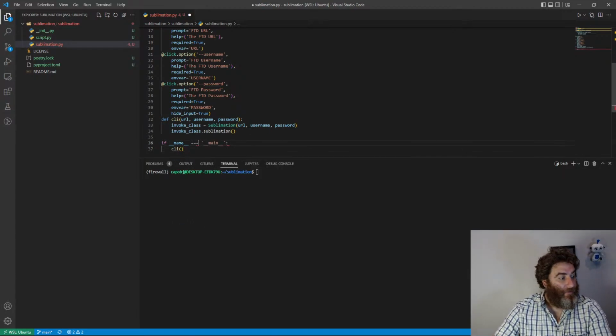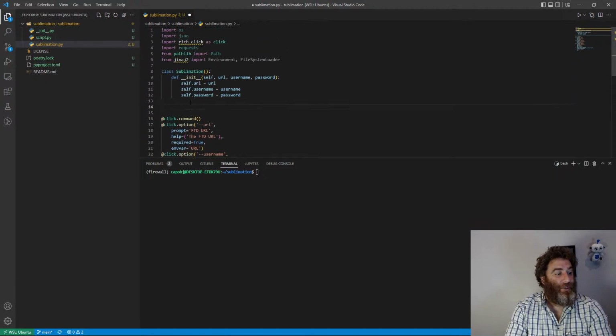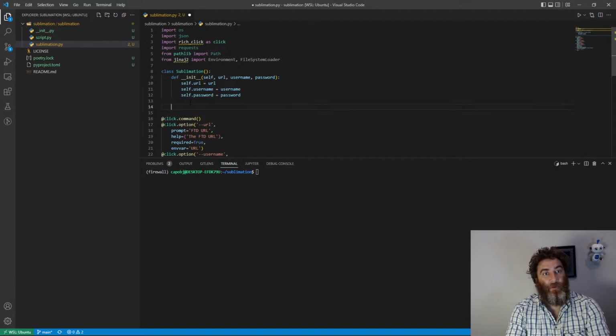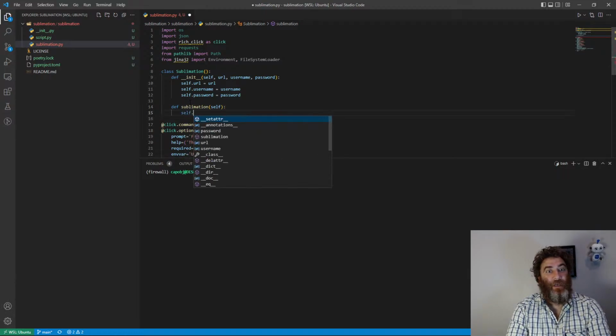I have too many equals. So now I need to make this sublimation class, and that's going to be the first class that I make, and I'm going to call my other functions from this function. Right, so define sublimation, and that's going to be self. And the first thing we're going to do is self.token